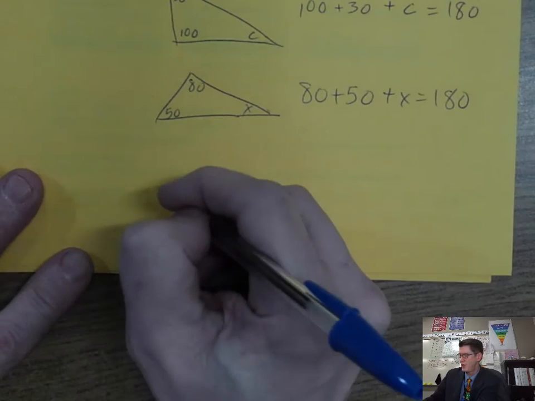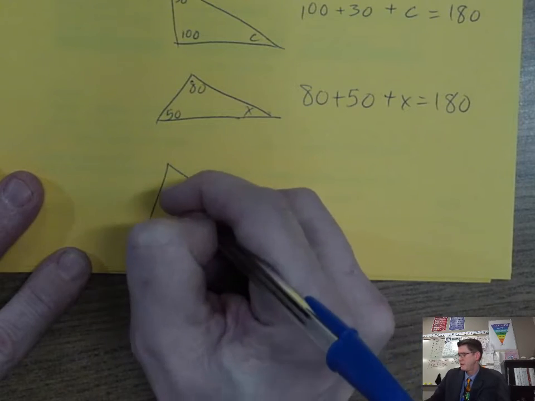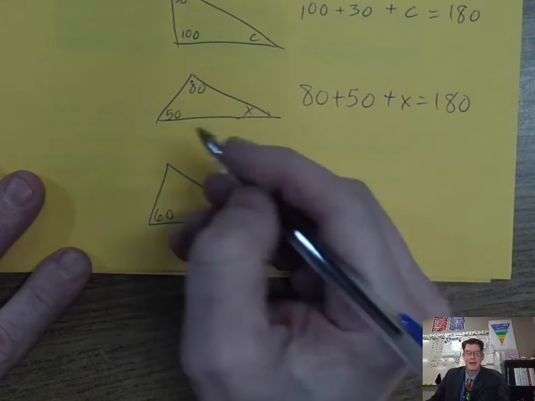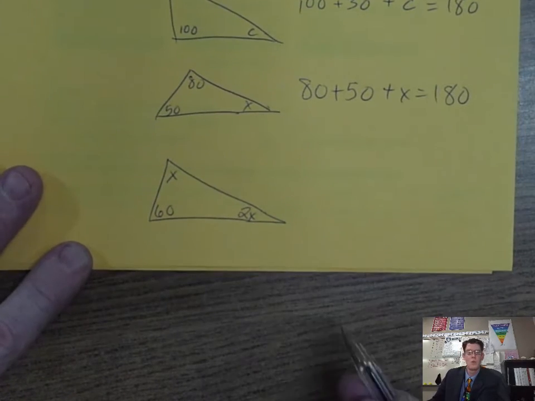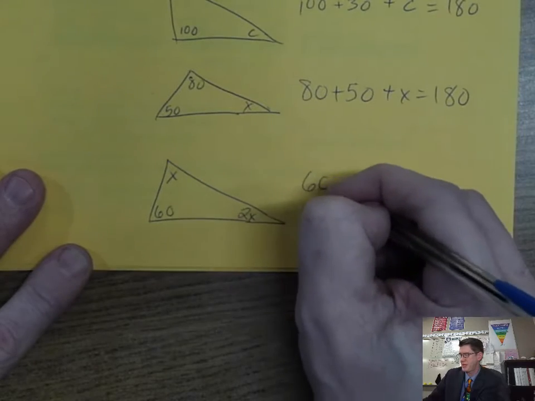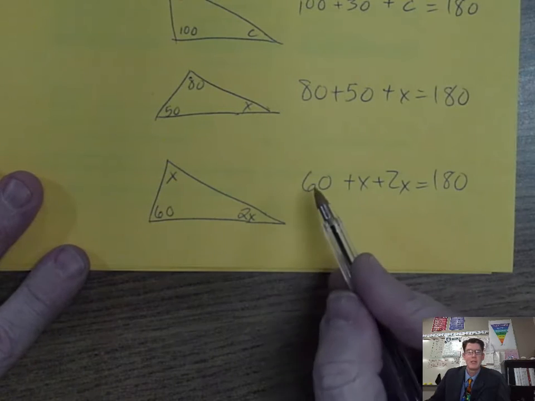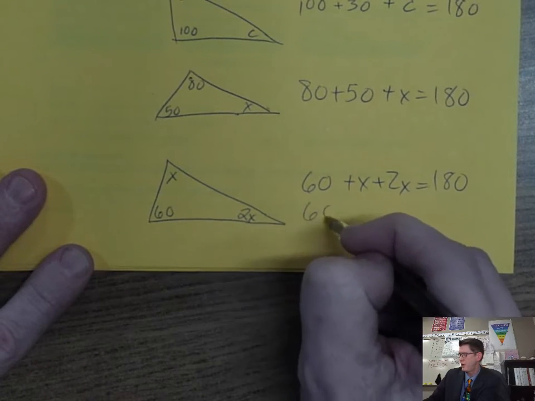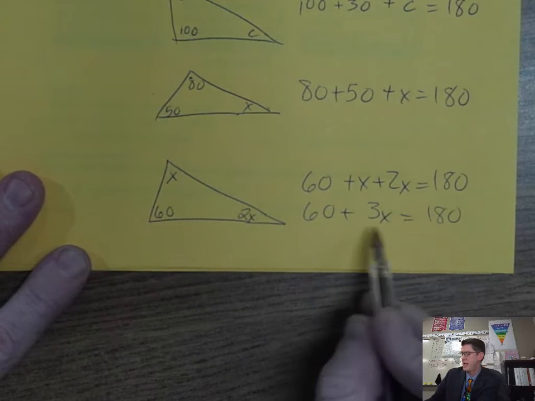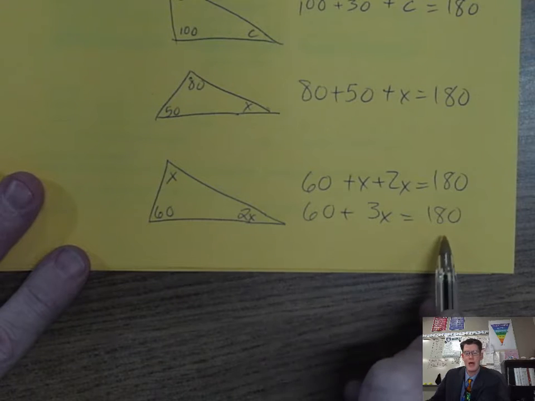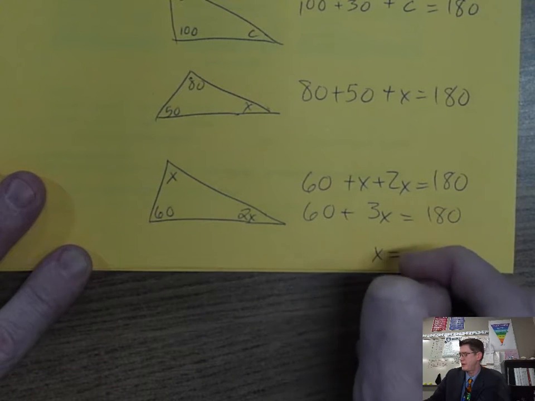And then to make it really difficult, let's make this one 60, and let's say this one is X, and this one is 2X. Whoa, it's a little more difficult, but it's just the same idea. 60 plus X plus 2X equals 180. Solving that equation is a little harder, but you've done it before. Those are 3 X's, 1X plus 2X. 60 plus 3X is 180. Now it's just a two-step equation. Subtract 60 off, divide by 3, and with your calculator, I'm just saving you time on this video,